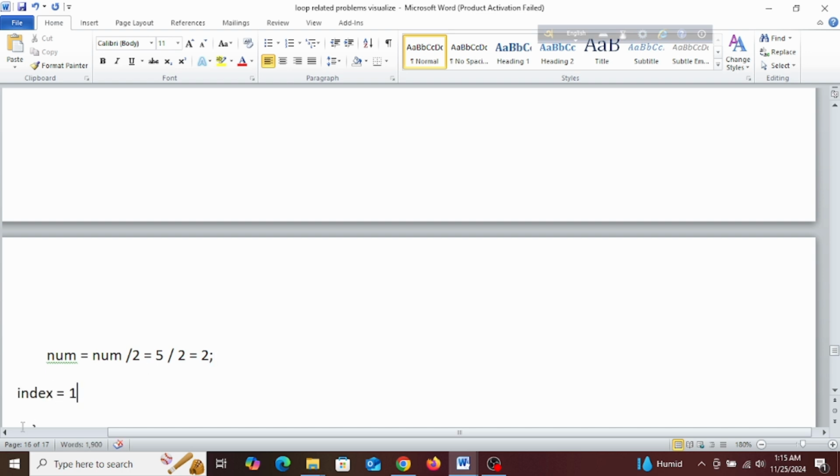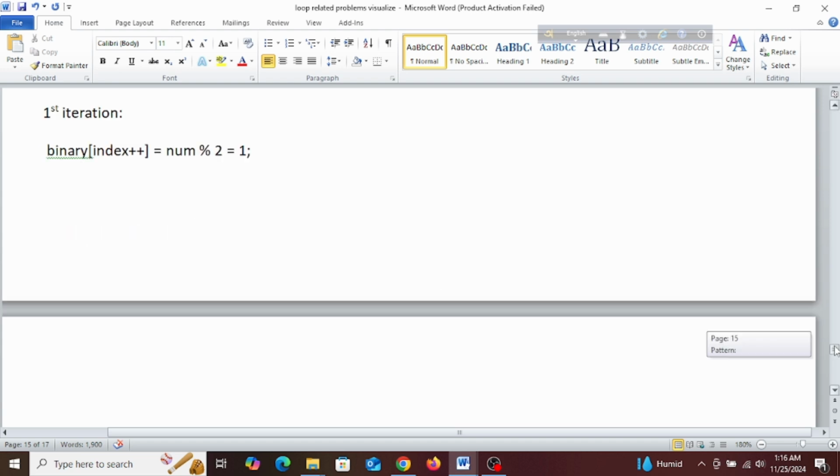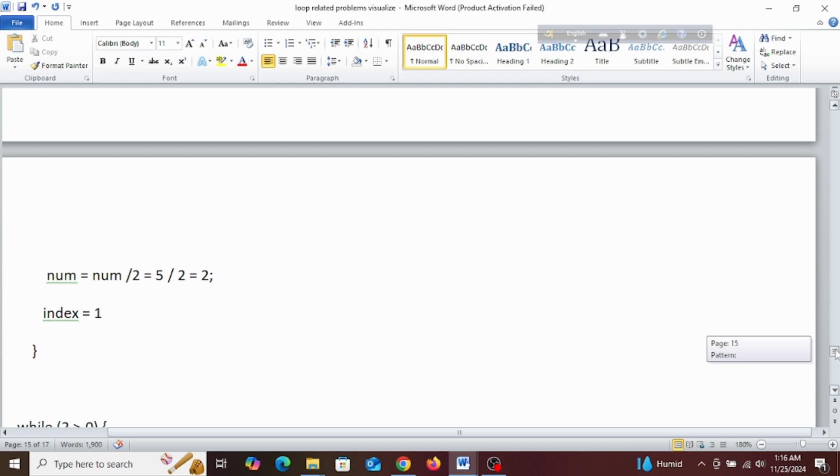Index would be 1, right? It will update later. Do you understand? It will update after taking this value, then it will increase, right? So you need to be careful, guys, because when you visualize, you need to be clear about everything, right? So in our second iteration,